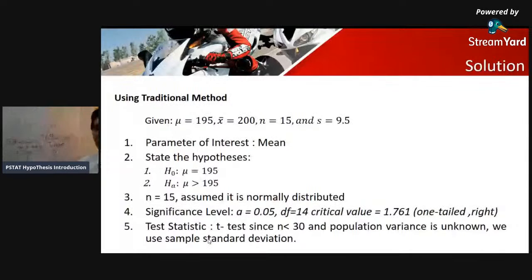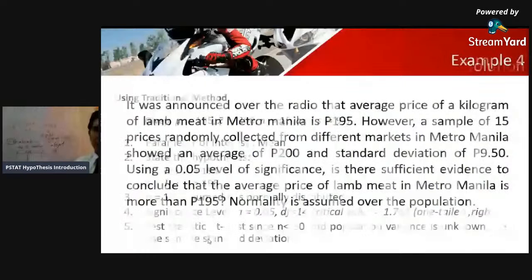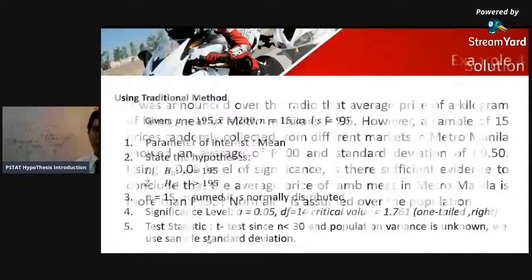So why again do we use a one-tailed test? Because this is greater than 195, more than 195. Okay. So here